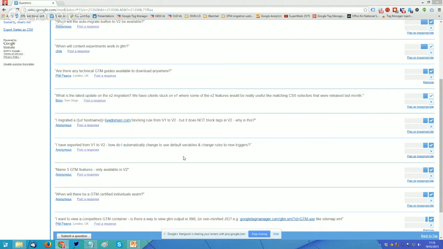You'll find it gives you a warning saying this variable already exists, do you want to overwrite and combine it? By using that method, you save a lot of time replacing default variable names, because it blends them really nicely and cleanly within the V2 interface. So that will save you a lot of time.